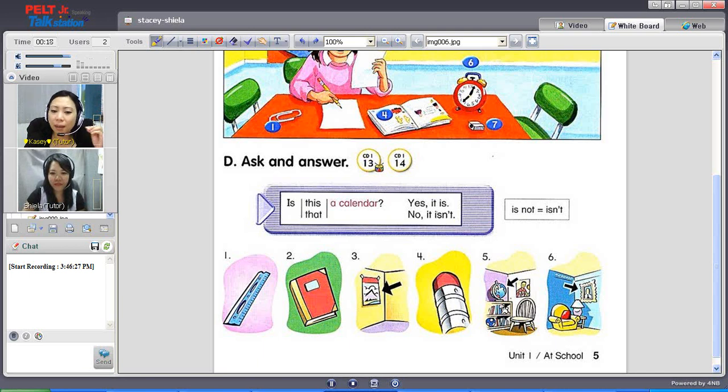Okay, maybe some people think a pattern book is kind of boring. I think it's up to you, the tutor. Especially if your students are in grade school, like first grade, second grade, something like that, because they love talking about what's in their bag. They love